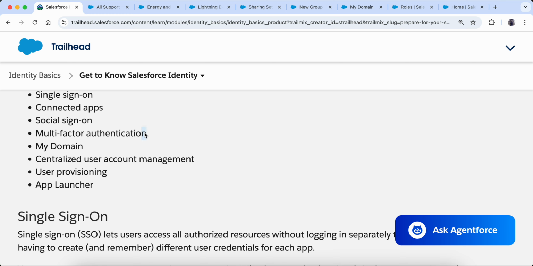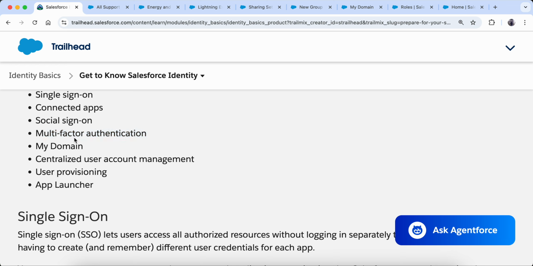Now multi-factor authentication. Today you might have seen that everywhere this multi-factor authentication is coming. What it means is that, instead of just verifying our username and password, they also do one extra step. That extra step can be anything. Most of the time they will ask us to download an app known as an authenticator app, and then they will give us some passcode and we need to match that passcode, or some notification like allow or something.